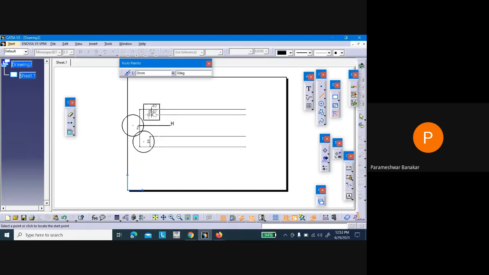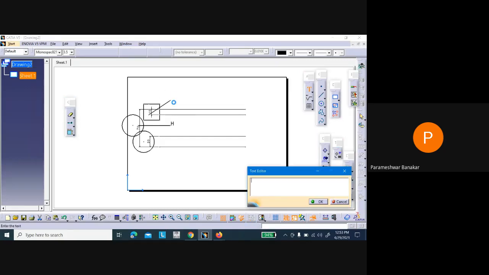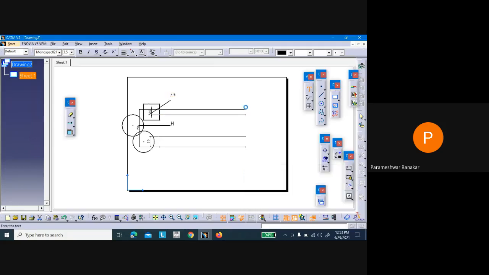For this also one more formula is there. I'll go to text and I'll write that formula here. So that will be h by 8, h by 8. Okay, h by 8.